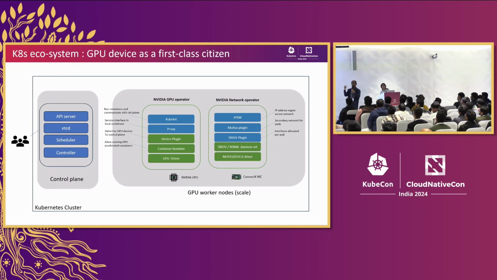Now, how does that communication work? How do you ensure that the GPU can transfer data at scale, without adding latency? That is where we bring in the network operator. How will you give a secondary network to your Kubernetes stack? And the secondary network, either using RoCE or InfiniBand or any specialized network, how do you ensure that the GPU can transfer data through that in a faster way? So these two operators are the two engines, I would call, of any ML engine, be it training or inferencing.